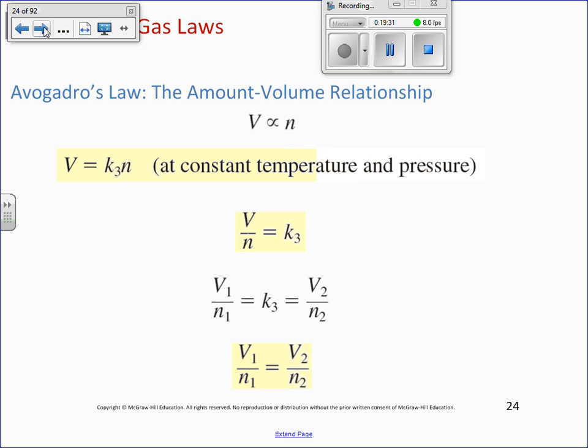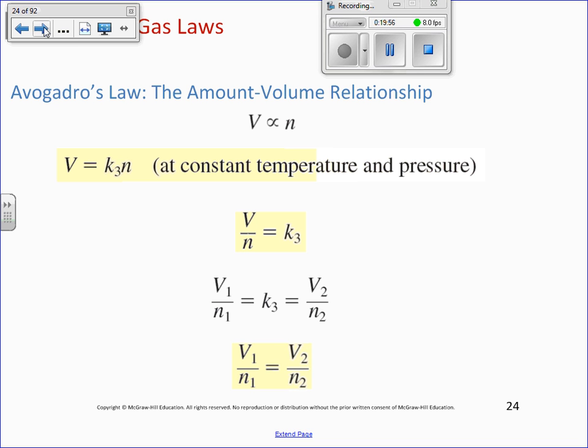So we did Charles's law. Avogadro's law. Well, guess what? I have a balloon of a certain volume. I blow more air into the balloon. What happens to the balloon? It pops. Okay, it gets bigger. All right. So I mean, this is stuff that you've been doing since elementary school. You're blowing up